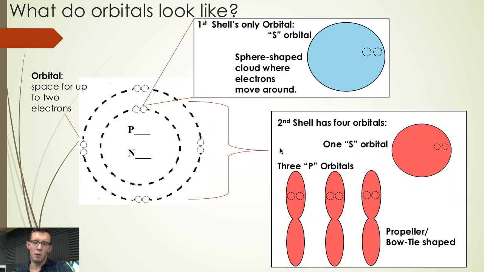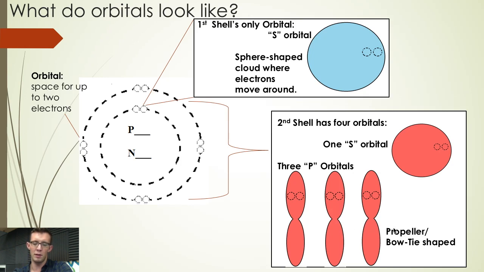The second shell, meanwhile, has 4 orbitals. One of these orbitals is an s orbital with a similar spherical shape to the s orbital of the first shell. But its other 3 orbitals are called p orbitals. And while they each can contain up to 2 electrons that can move around, these electrons in p orbitals tend